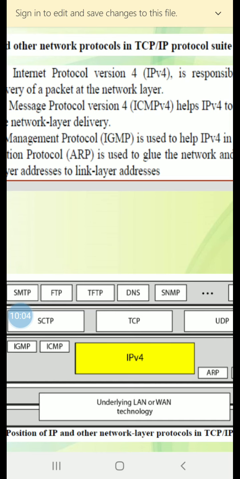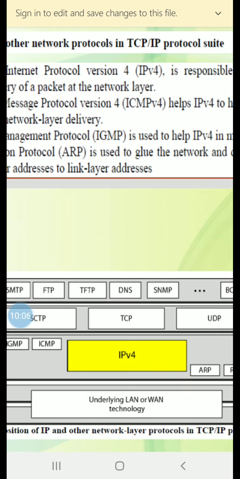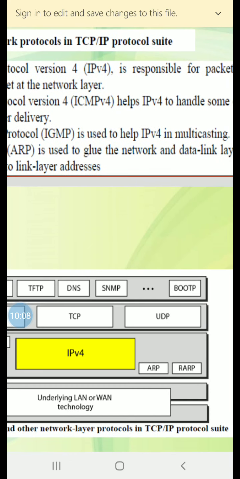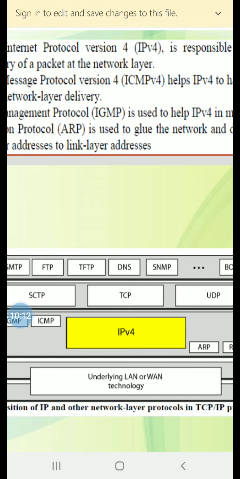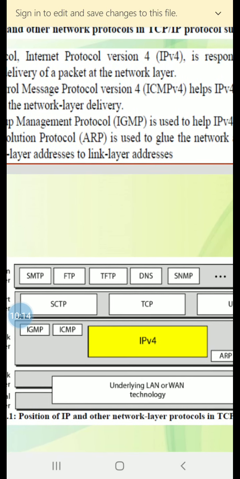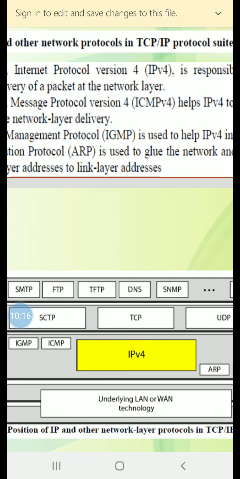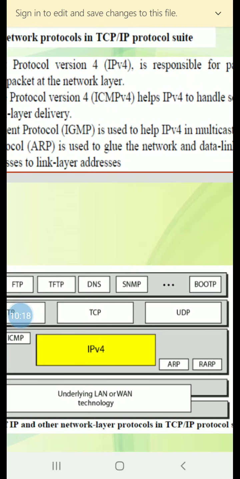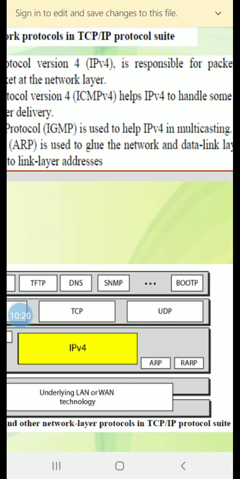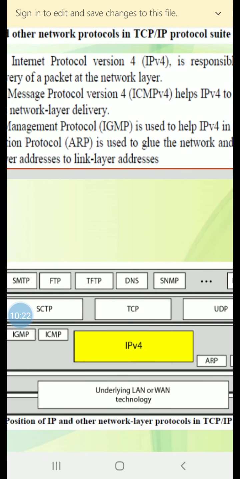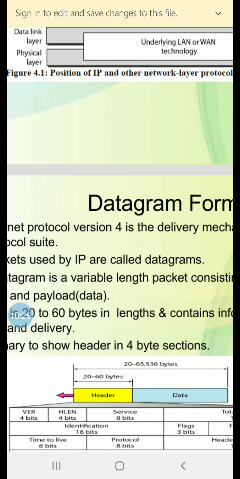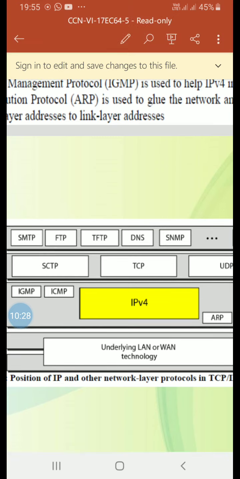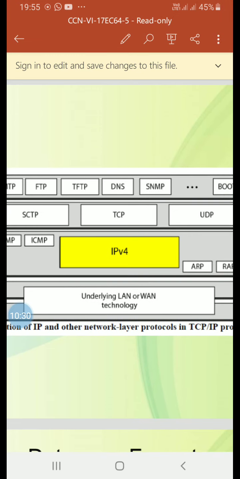You can see ICMP, IGMP, IP version 4, ARP, the position of all these four protocols in the TCP/IP protocol suite. Next, we'll see what this IP version 4 is.